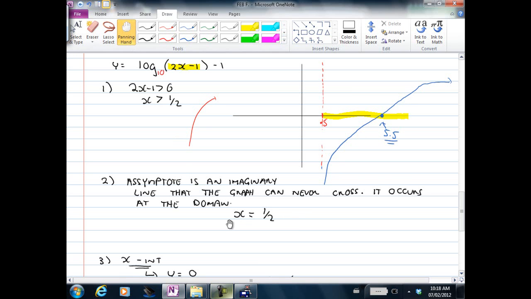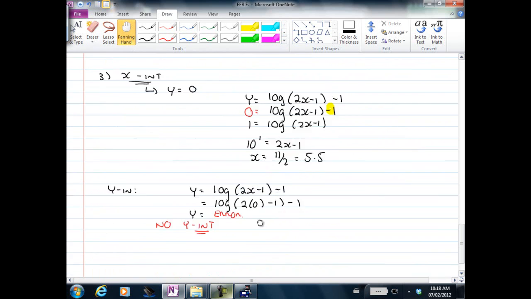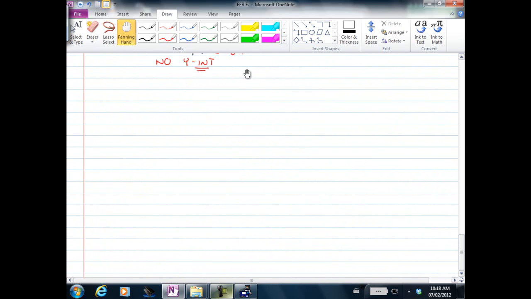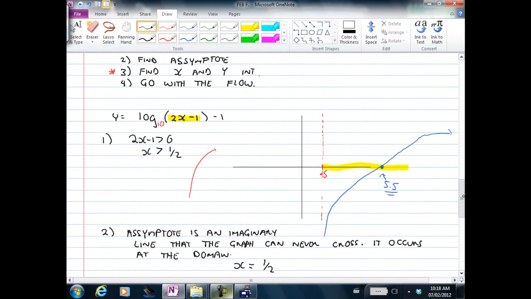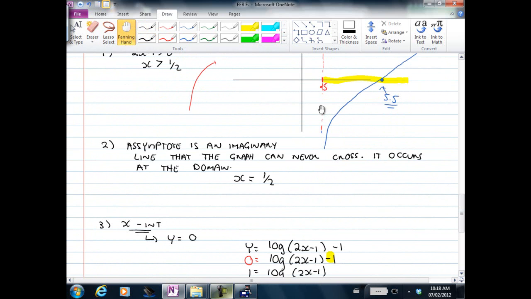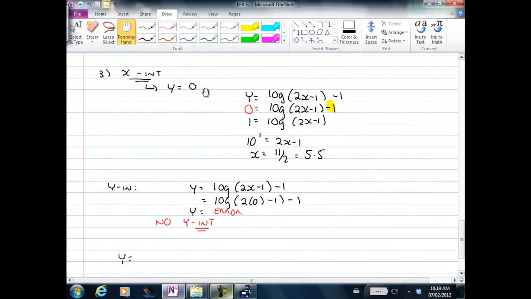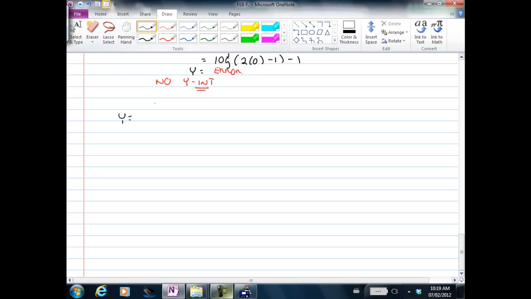Guys, I'm going to give you a question. You're going to try this on your own without my help. And I'm going to walk around, give you a few minutes to try this out. Where does it cross the y-axis? It doesn't. That's why there's no y-intercept. Y equals, let's say this one,